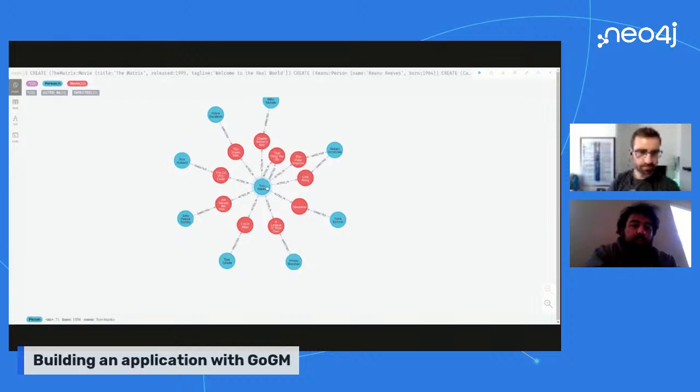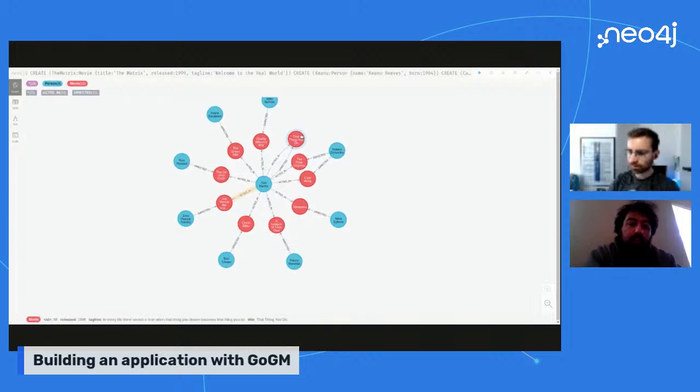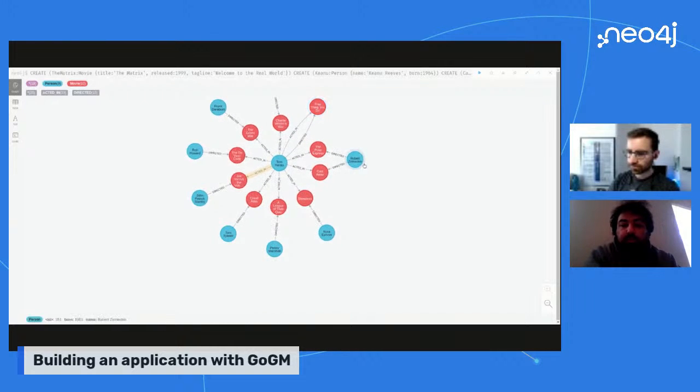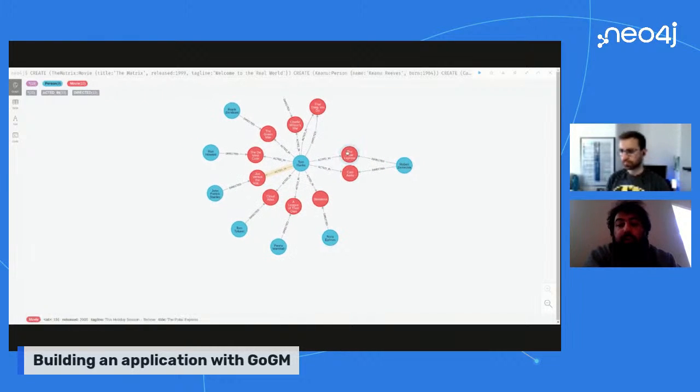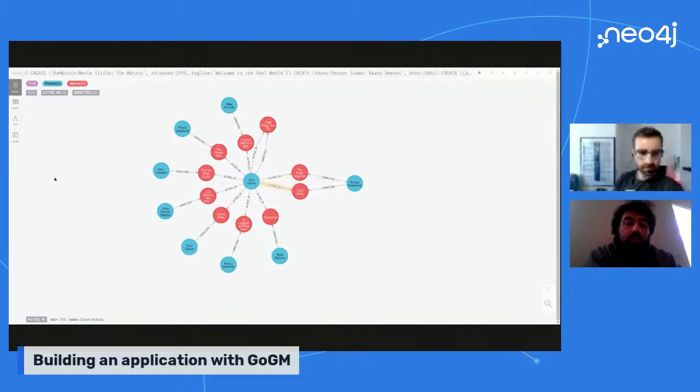You have a person with an edge acted in pointing at a movie. You also have directed. Some actors also directed their movies. Some people only directed movies like this. And inside of the edge acted in, we're also storing the role that the actor played.